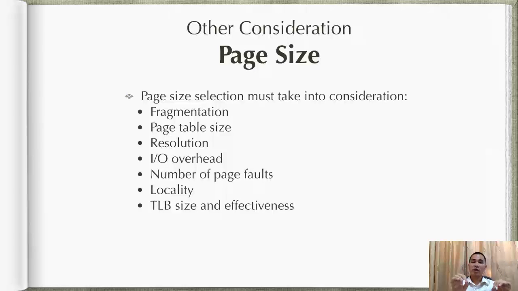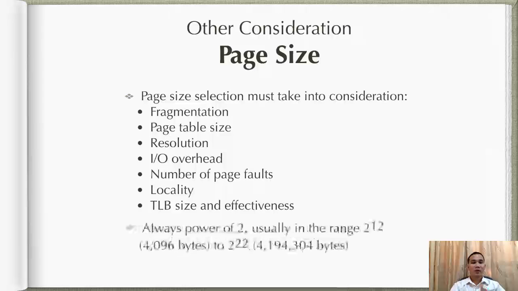The historical trend is towards larger page sizes, even for mobile systems. Indeed, the first edition of OS Concepts, way back in 1983, used 4096 bytes as the upper bound on page sizes. And this value was the most common page size also way back in 1990. In modern systems, they now use larger page sizes. Take note, page size is always a power of 2, and it's usually in the range of 2 to the 12 to 2 to the 22.